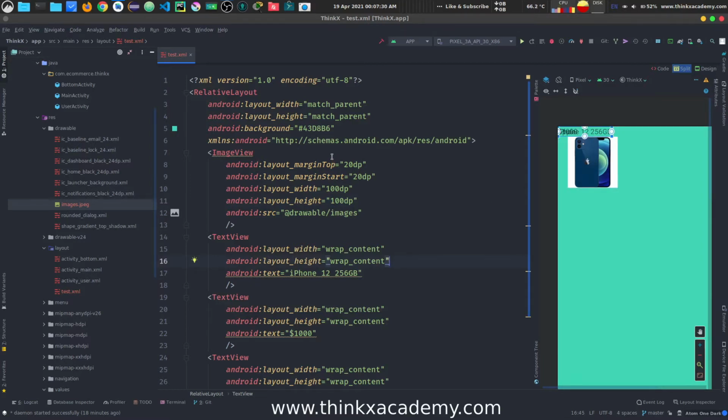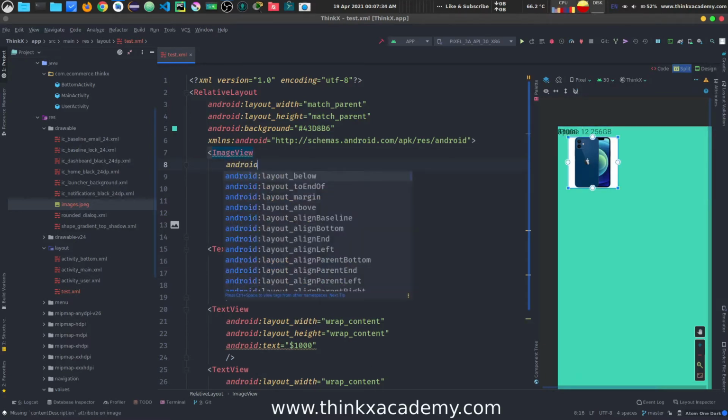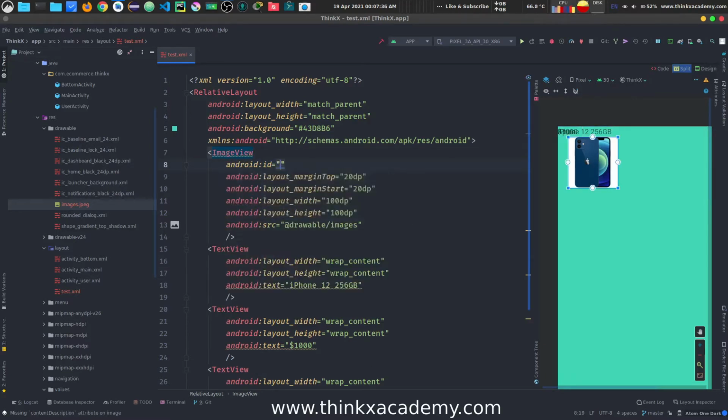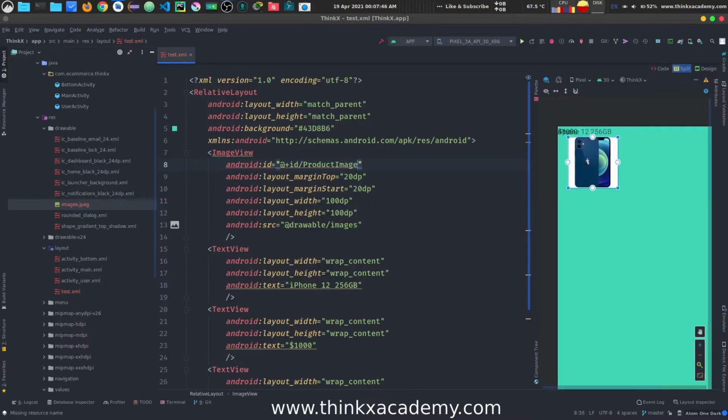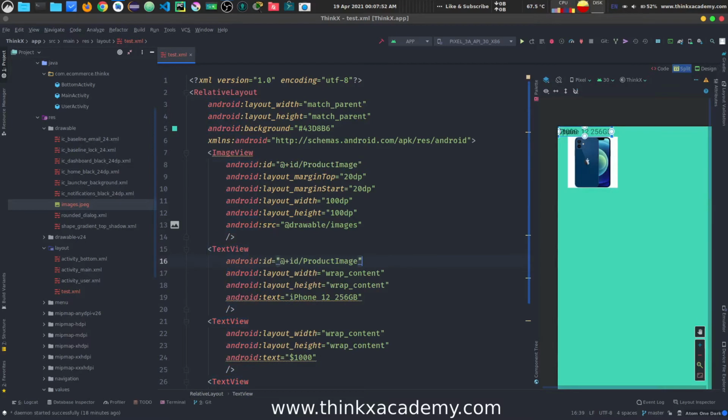The first thing you need to do in relative layout is to specify the ID. It is mandatory here, right? So I'm going to specify android:id equals @+id, and here I'm going to create an ID. Let's say this is the product image, right? I'm going to copy this and I'll have to assign an ID to all these elements, right?